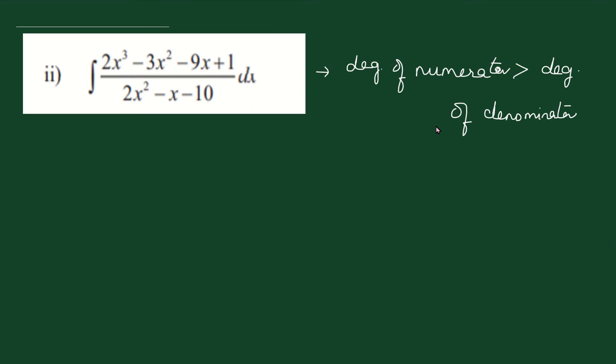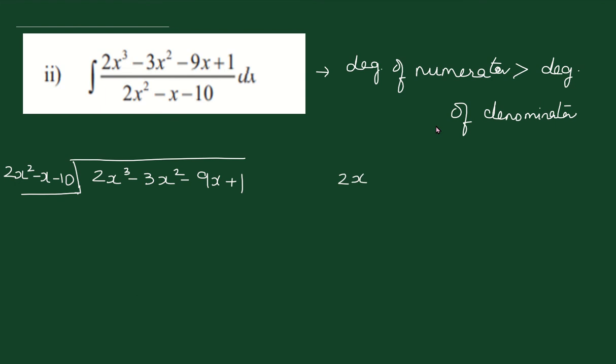So, we simplify this fraction by dividing the numerator by the denominator. Okay, so we divide. This is a rough work actually. You do not have to show it in the exam time, but yet you have to do it in order to get the further terms. Okay, so we divide the numerator by the denominator. Okay, and then see, how do we divide it? You must be remembering your division anyway.